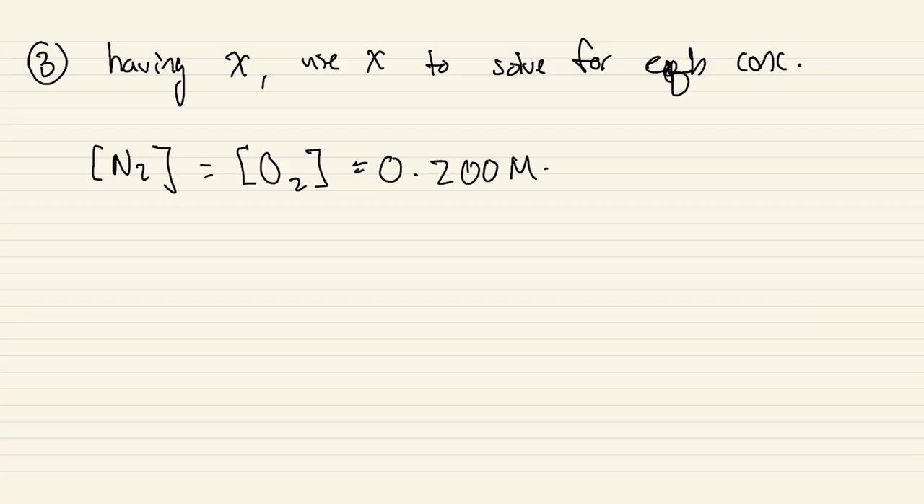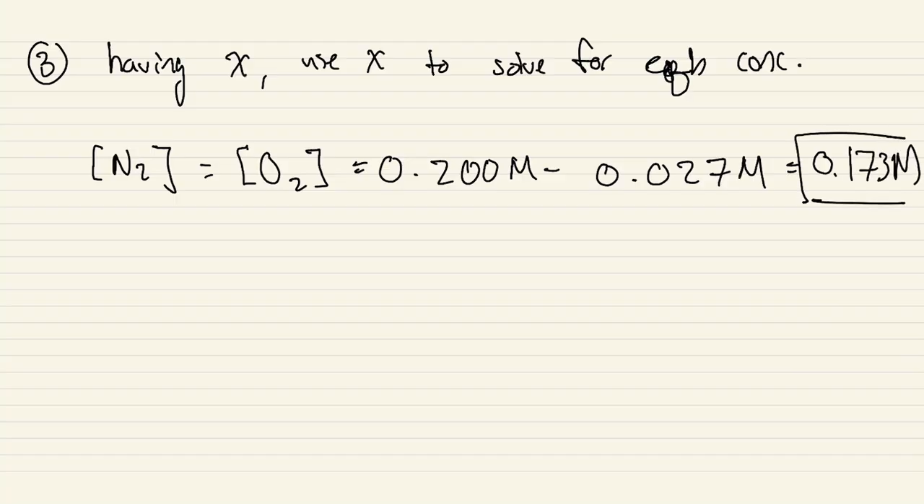0.20 molar minus 0.027 molar. 0.2 minus 0.027 equals 0.173 molar. Right, so that's how we then solve for our equilibrium concentration of nitrogen and oxygen. And then the concentration of